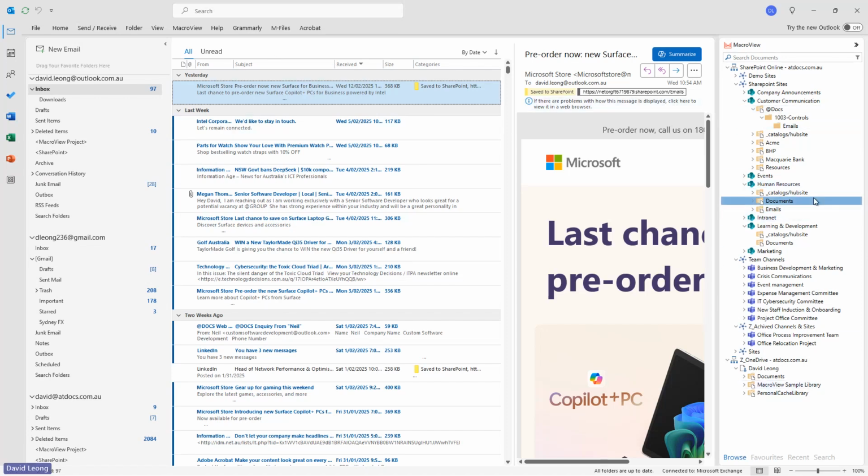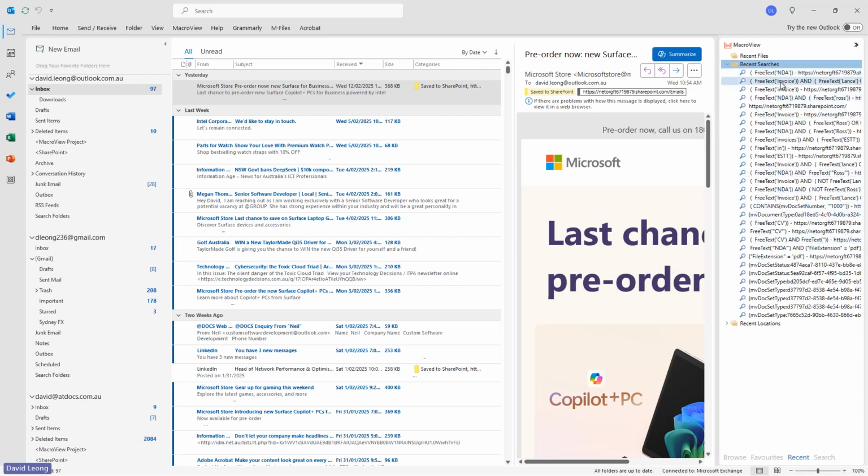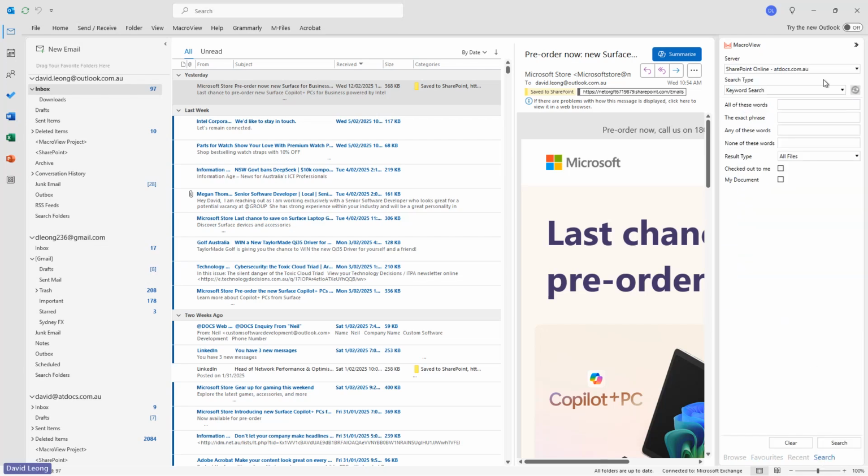You can see down the bottom here I've also got Browse and Favorites. In this scenario, I've given 7 SharePoint sites, 7 team sites and 2 OneDrive sites. In many organizations, some users might have an extensive list here of over 30 to 40 channels or sites. So they allow you to tag favorites so you can just work on the most relevant sites, with a more condensed, less busy view. I've got my recent searches, which saves all the searches, but you've also got a search bar here.